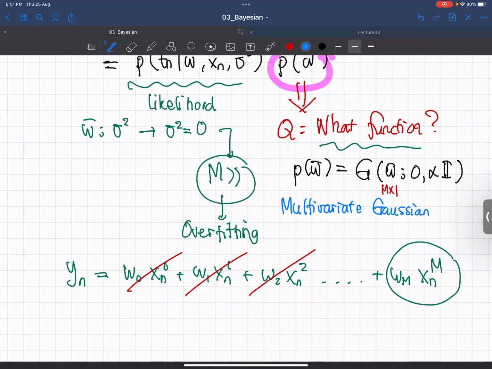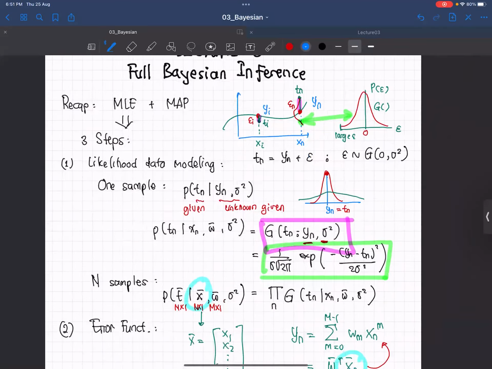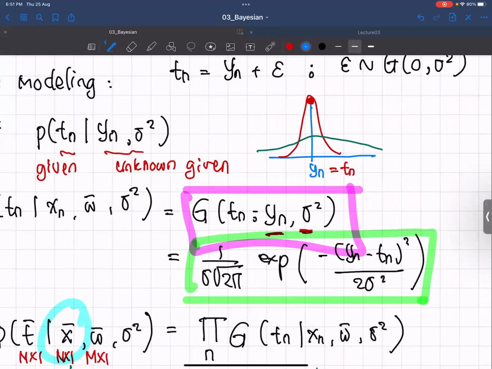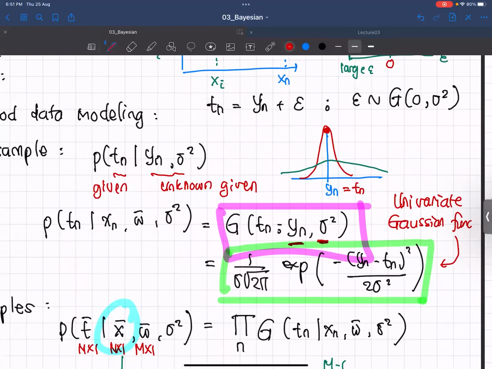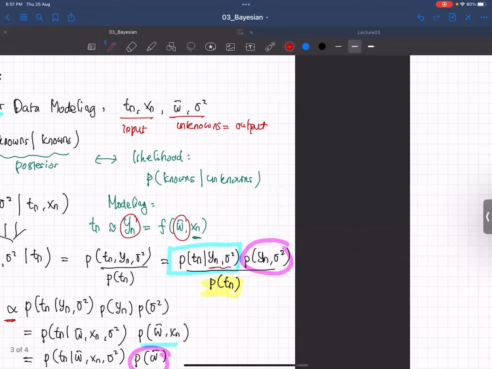And in multivariate Gaussian, the equation is different from this one. You cannot use this equation anymore, the green equation. This is a single variable, so this is the univariate Gaussian function. But the meaning is the same, only the dimensionality is different. Right. So because it's multivariate Gaussian,